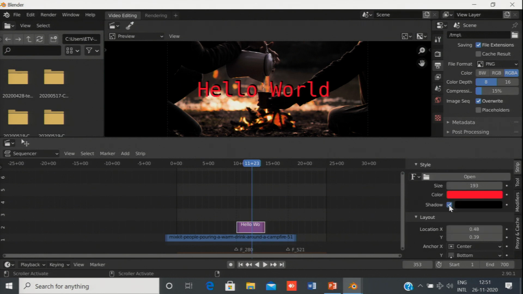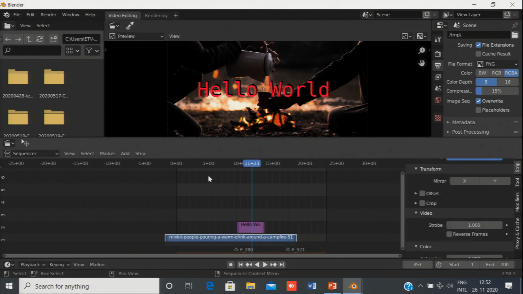You can add a shadow, here you can see a black shadow has come, and accordingly you can play with the text.